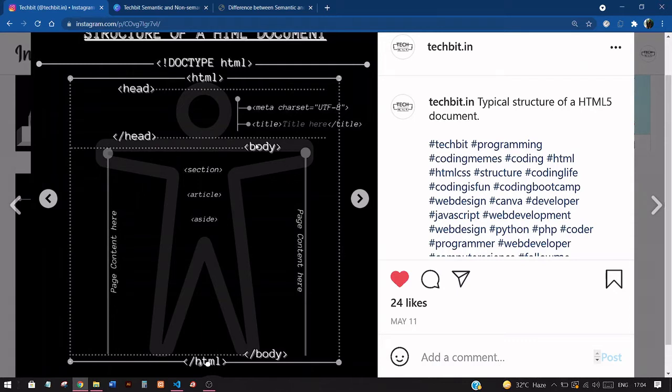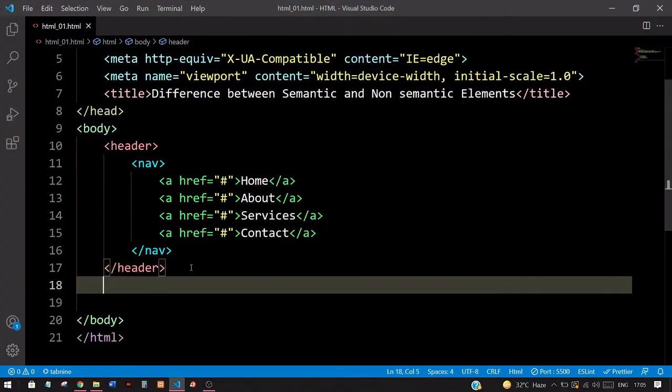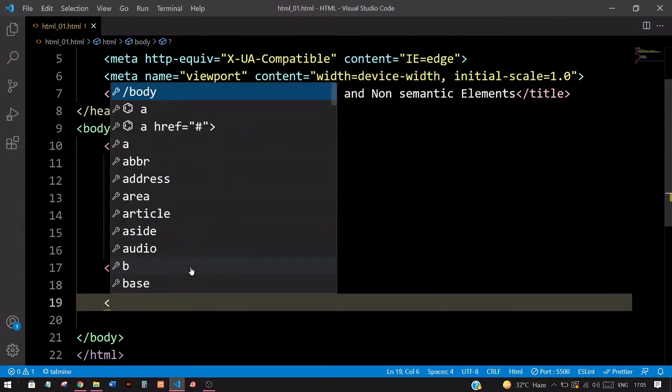Okay, the body tag here, you see, has many tags under this, like section, article, aside. So these are some of the important HTML5 tags that help mainly in the SEO and making Google crawlers understand and increase the readability of your website. Okay, so now, yes, I have just shown you header and nav. Now the second I'm going to take is details.